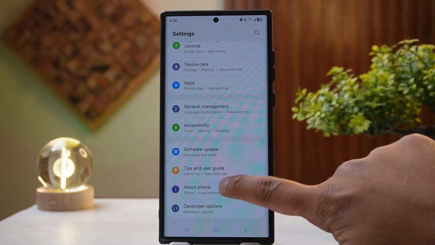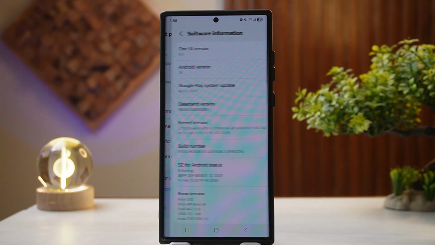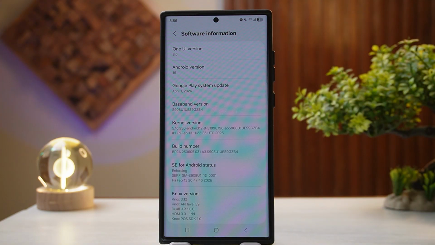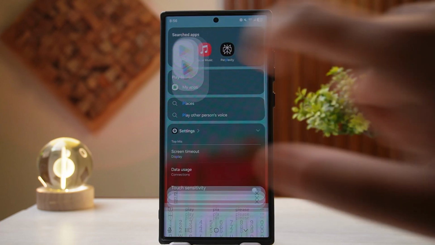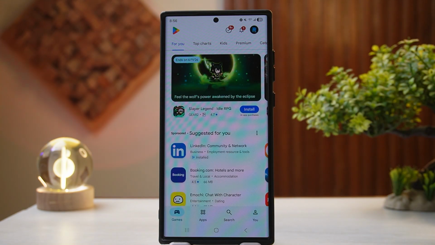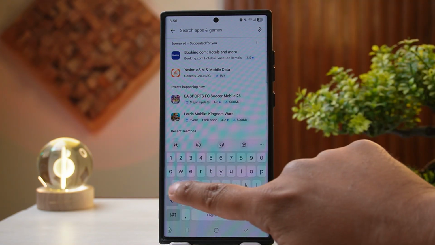For that, head over to Settings, hit About Phone, scroll down, hit Software Information and check your Android version. This phone is running Android version 16, so we're good to go. After that, you can head over to your app drawer and search for Play Store in the search bar. Open up Play Store on your device and then head over to search, and then in the search bar simply